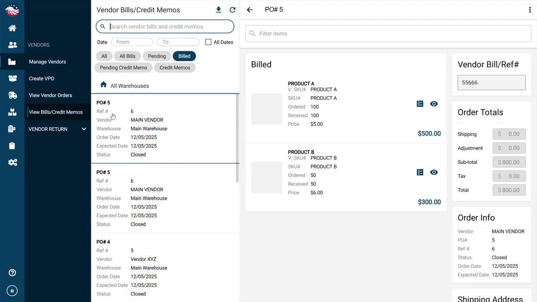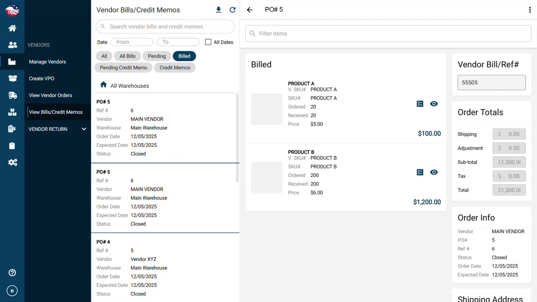Now from here you can see that the vendor PO would be the same for both bills, but they would have different bill numbers. So this one is 5505 and this one is 55666. So that ends our video for these topics: reorder points and target levels, generating vendor